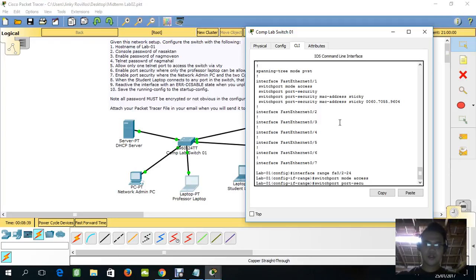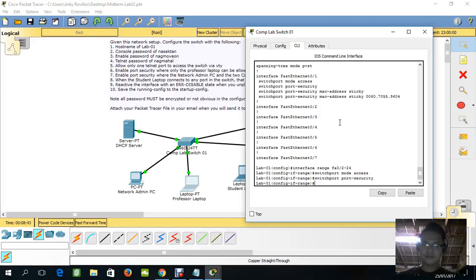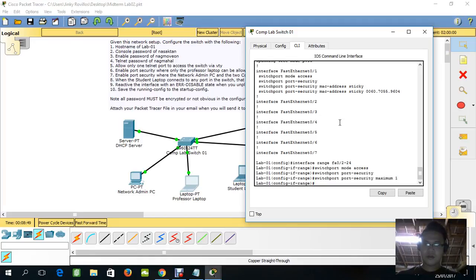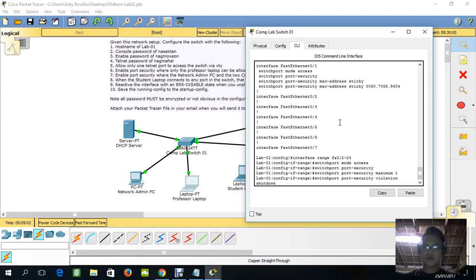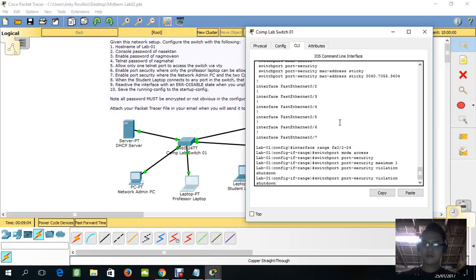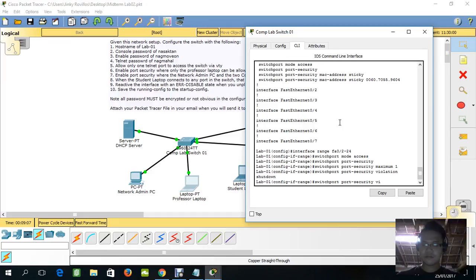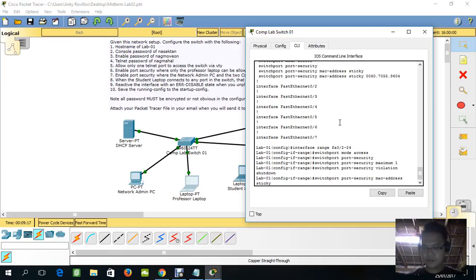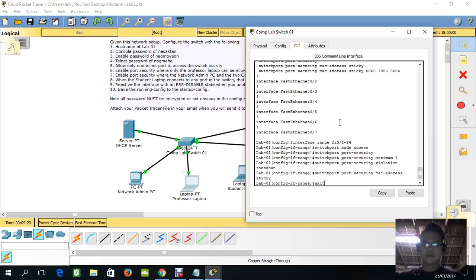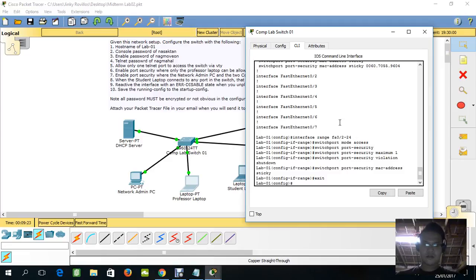port security, port security maximum of 1, and then port security violation shutdown, and then MAC address sticky mode, sticky, exit, and we're gonna check.